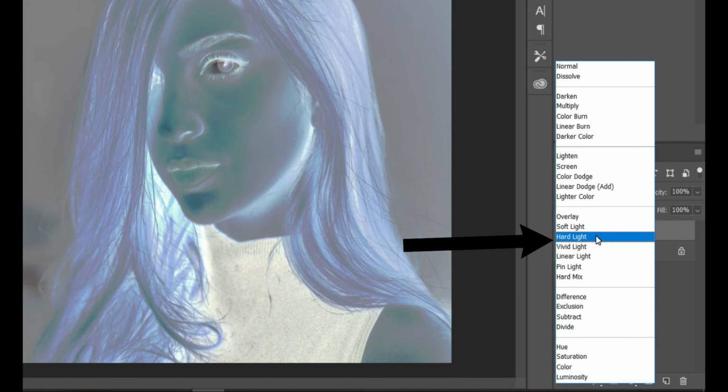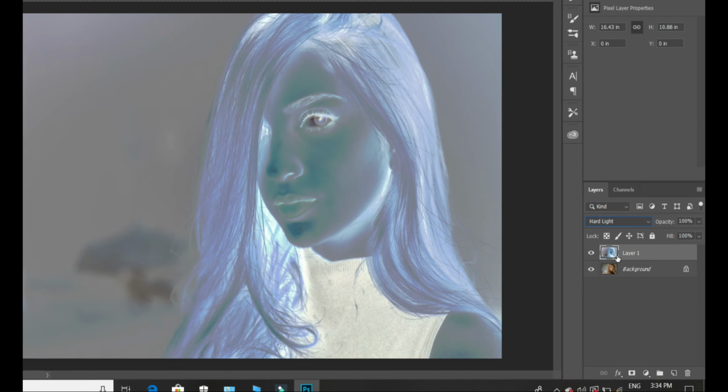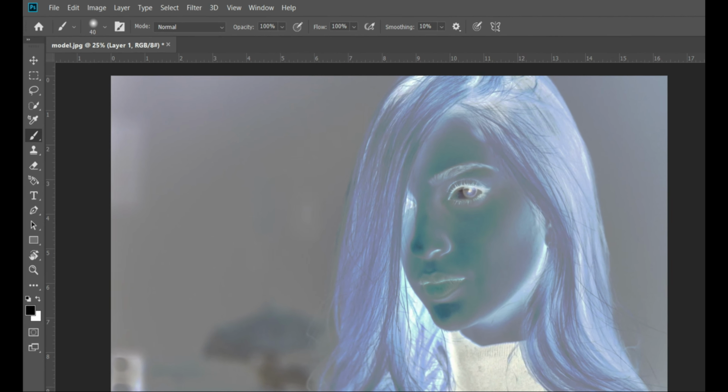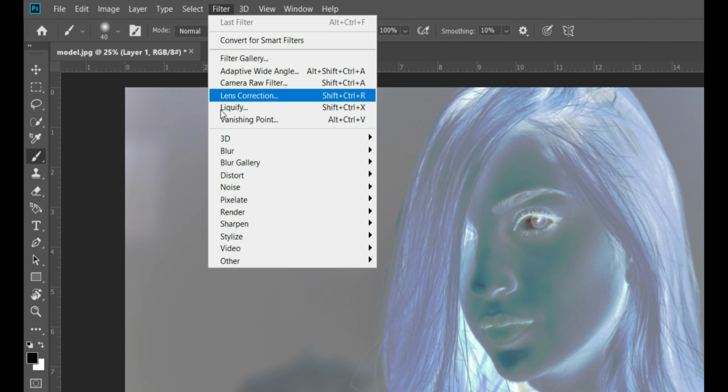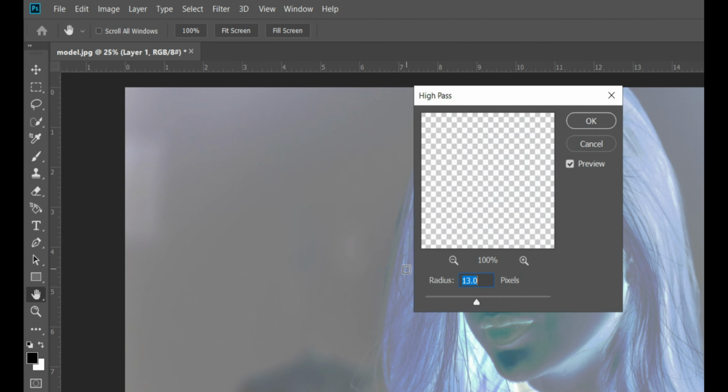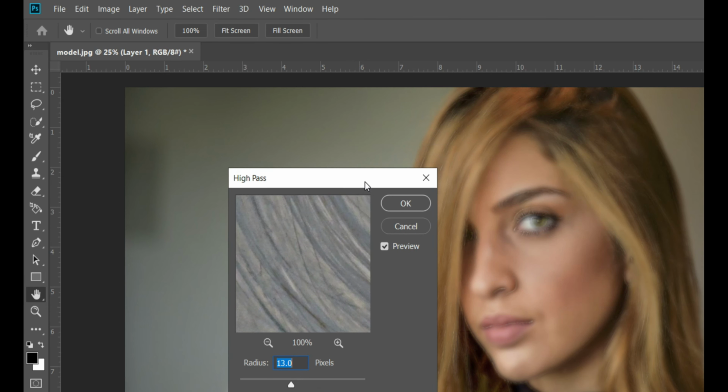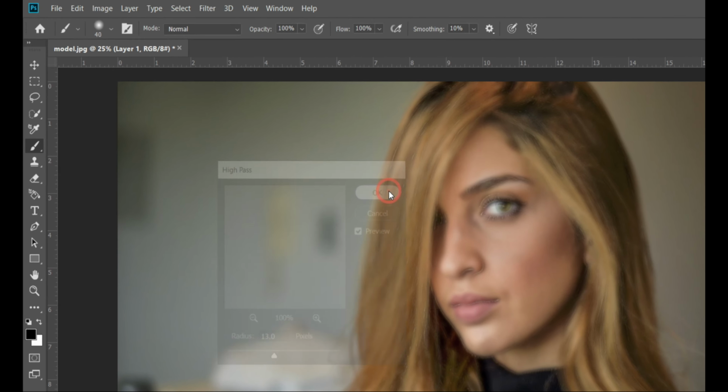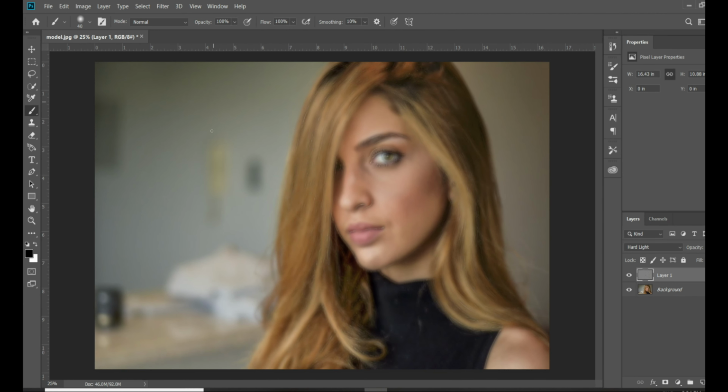Now once you change the blend mode, go to the filter, other, inside of other, there is high pass. Increase the value to the point where everything blends in. For this example, 1 is a great fit. Okay, once you are satisfied, again go to the filter,